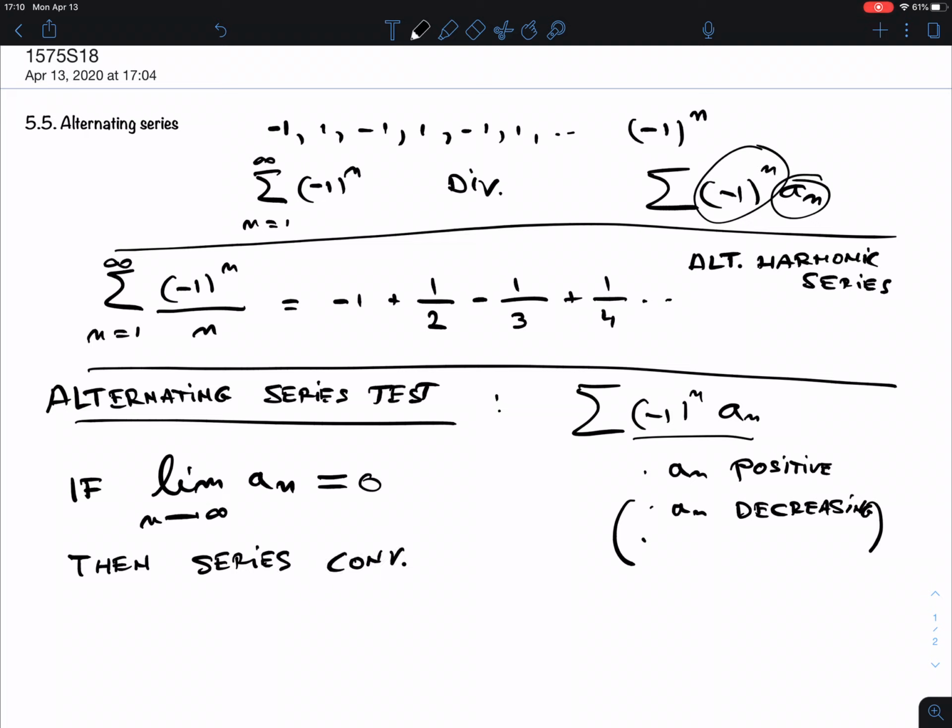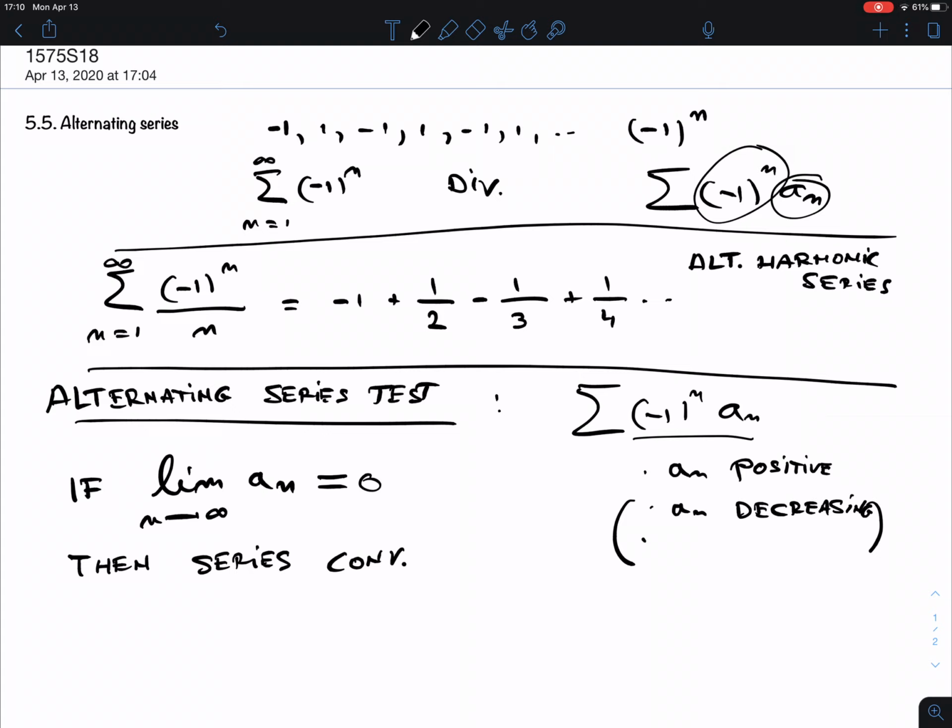Now you ask, what about if the limit is not 0? Well, we know always that if the limit of a series is not 0, then we have divergence. This is the so-called divergence test, one that we talked about all the way in the beginning. We said it's not important because who is interested in divergent series? So the most important thing is that this test